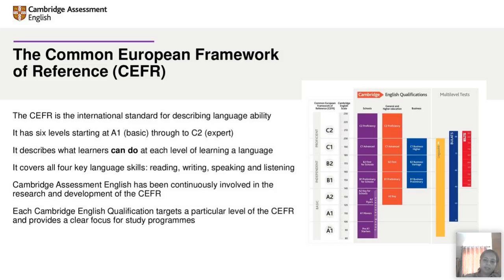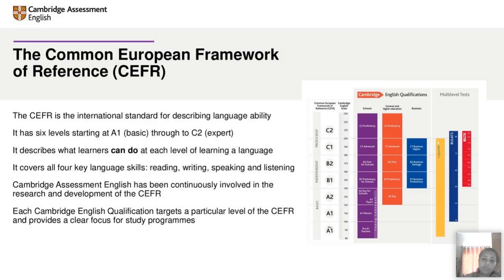Now, how do we assess each candidate? We assess each of the candidates using the 4 key language skills: reading, writing, speaking, and listening, which is common for all languages in the world. English is no exception. So CEFR also assesses a candidate based on each of these individual skills. There are certain reading assignments, certain writing tasks, certain listening tasks, and speaking is basically a one-on-one interaction with another person who will ask you questions and see if you're able to answer to the point, to the question that is being asked.